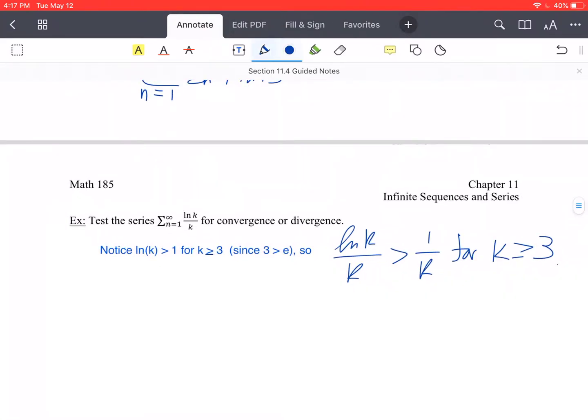Okay. So now, let's talk about how this series would compare to this one. So the series 1 over k. So we know the series 1 over k